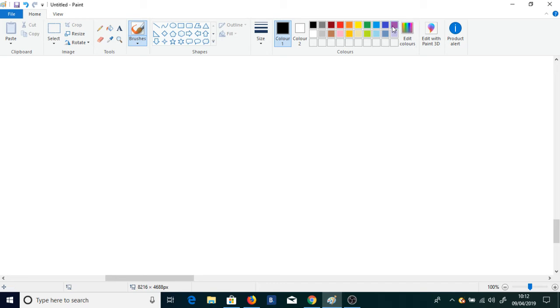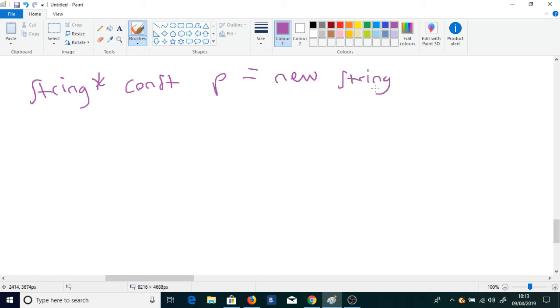Let me write this in a different color. Consider the following short code fragment. We declare a pointer to an object of type string. It's a constant pointer called p, and we assign it the result of dynamically allocating an object of type string, in fact an array of strings of size n. Now suppose we declare another variable, this time of type string called s,